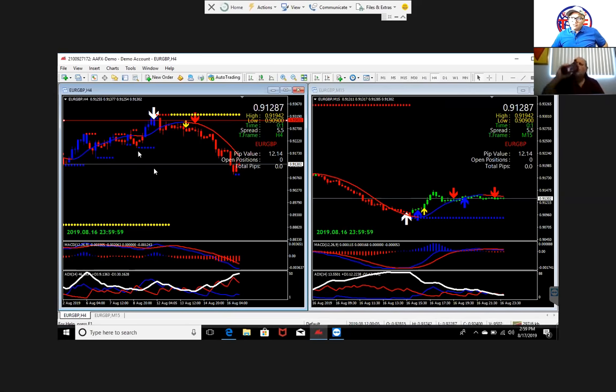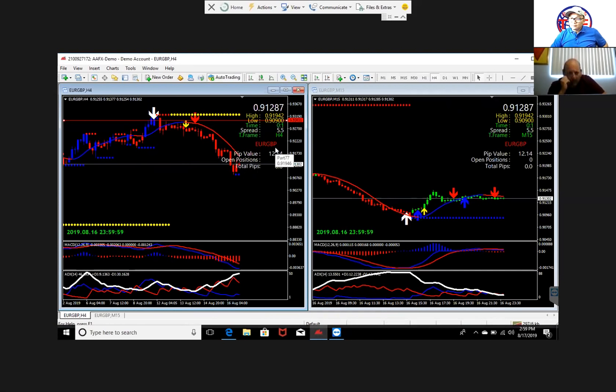Now, let's say you want to trade like the Stairmaster. So you would enter this trade here. Let's say you would have got it right here where the yellow arrow is. So you get your 166 pips, and you would have entered right. You would have exited right here on your blue dot. You're out, and then you will re-enter once the pullback is done. When it's going to be done, I don't know.